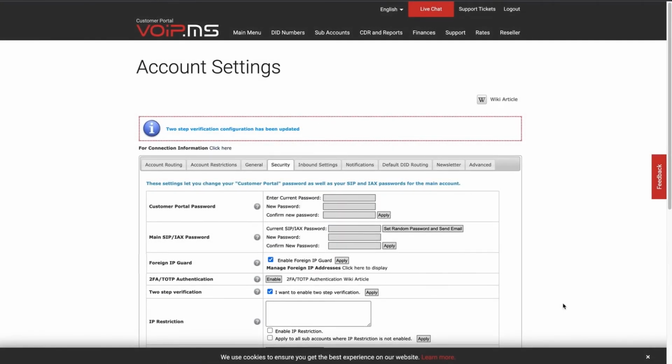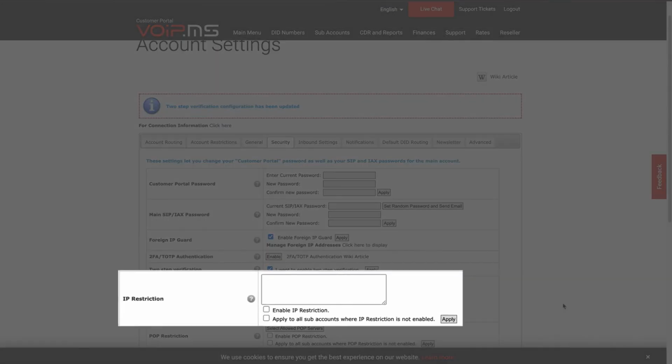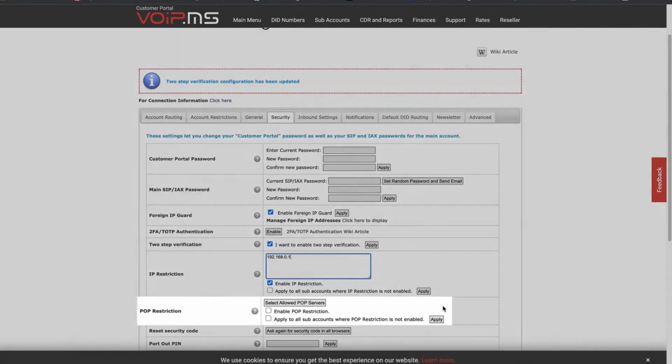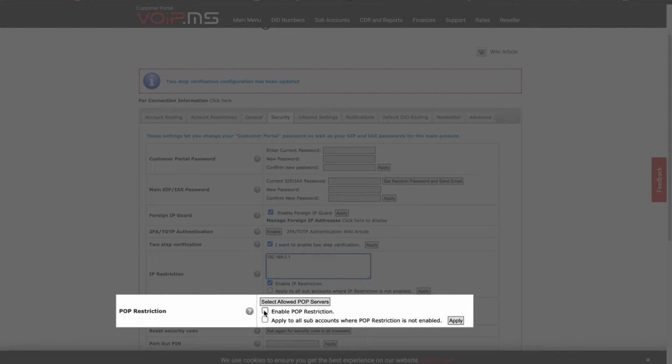Another interesting security feature is the IP restriction. If enabled, the system will only allow outgoing calls from the IP addresses registered in the IP restriction field. Similar to the IP restriction, there's a POP restriction feature. The difference is that instead of filtering outgoing calls based on pre-registered IP addresses, the calls can be filtered by